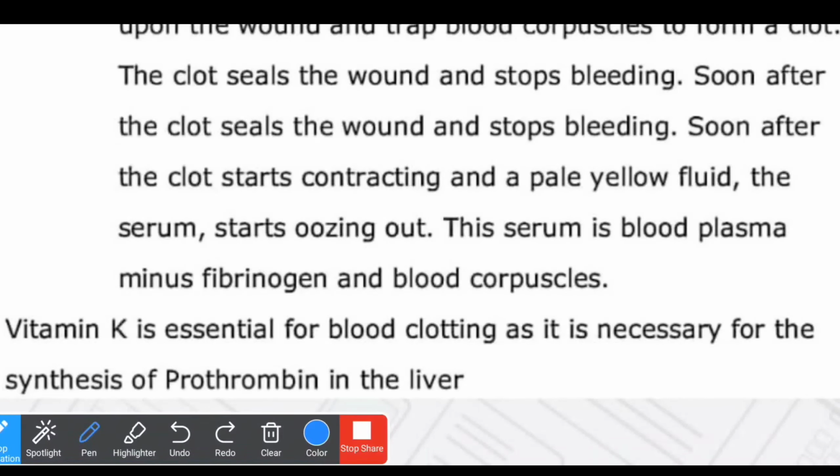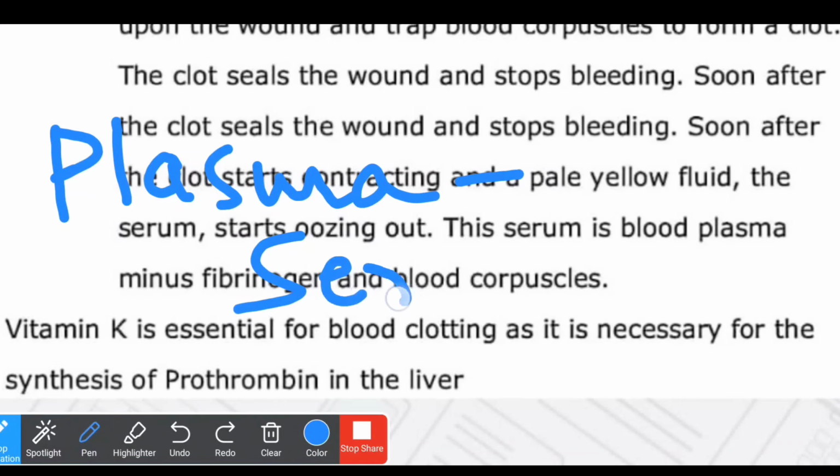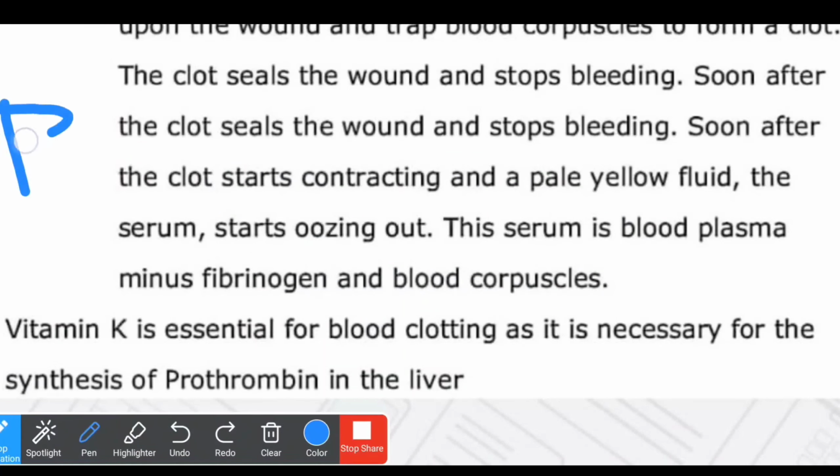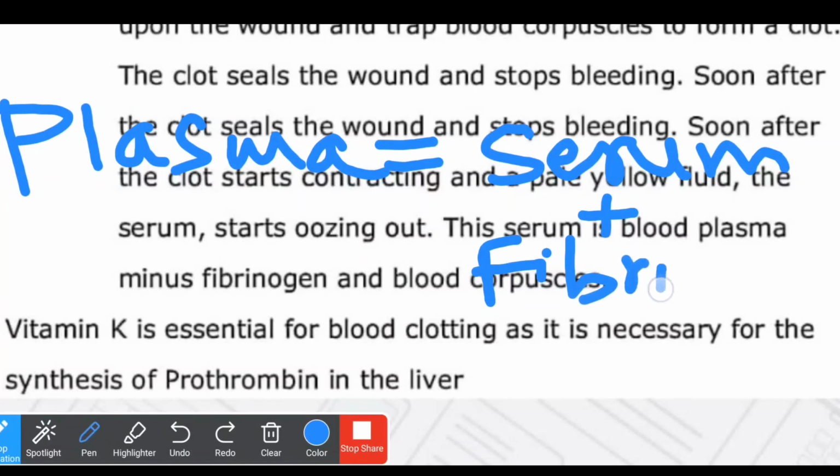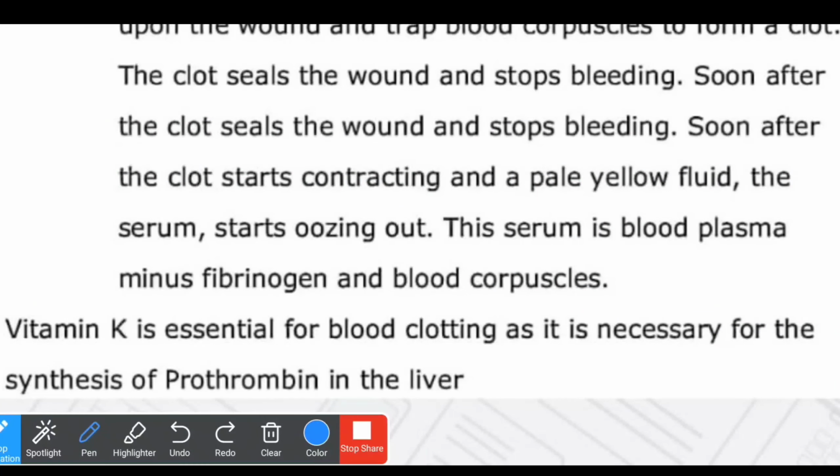Now, from the start we have called it plasma. So if this one is the plasma, then what is serum? This should be a question. Plasma is serum plus fibrinogen. The inactive form of fibrin is fibrinogen. So plasma is the serum plus fibrinogen, or in other words, I'll be writing in this case that